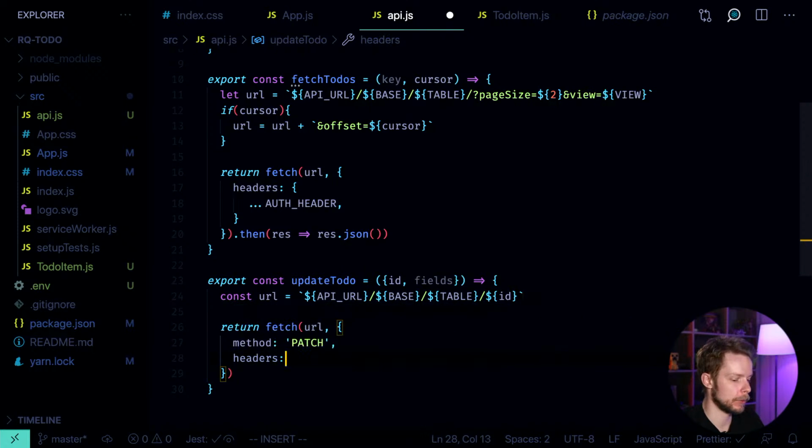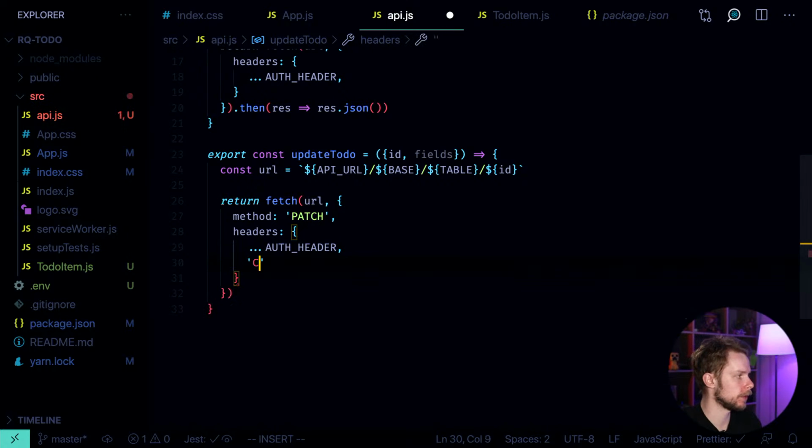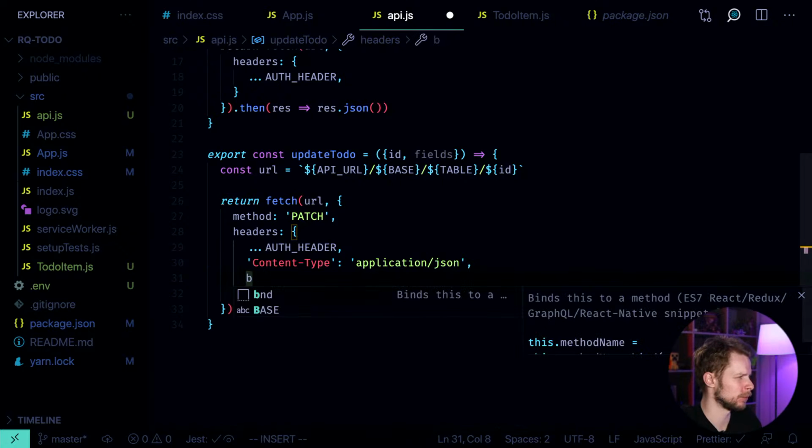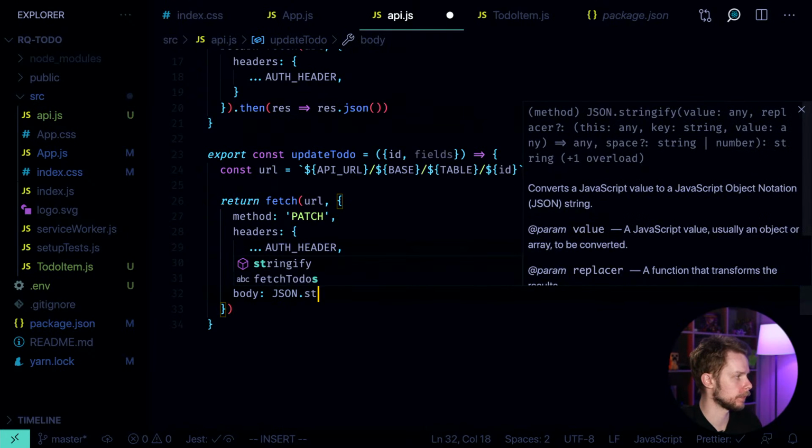Headers. Here we need to pass the authentication header. And as I said, we can easily do it by destructuring the auth header constant. It will add this authorization header to it. And then we also need to specify the content type, application/json. And then we need to pass the data. The data should be a JSON string. I think it's called body. It's not in the headers, sorry. Body equals JSON.stringify